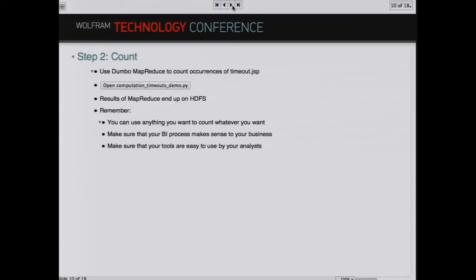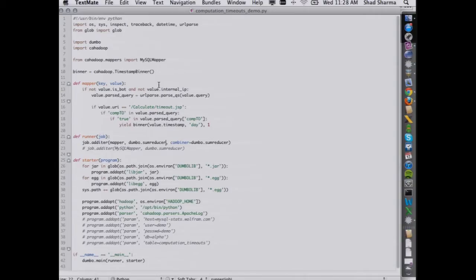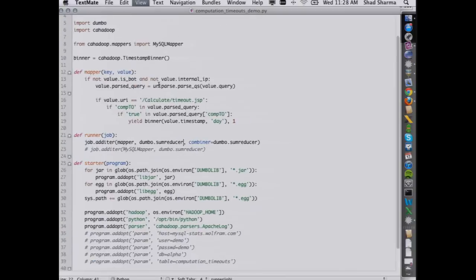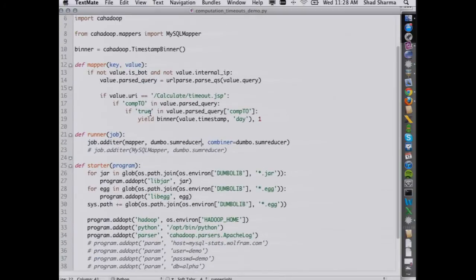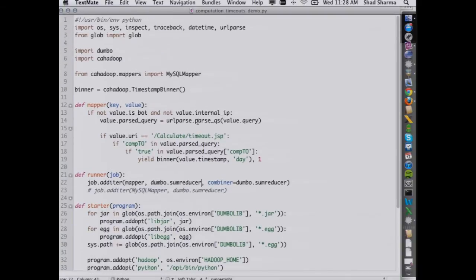I actually wanted to show the code that we use for the computation timeouts because it tells a specific type of story, which is that as analysts, our programming tasks can't be that hard, because if they are, it makes it difficult for us to answer the questions. So I'd like to show you the tools that we're using, because ultimately our tools need to be easy to use. This script here is the computation timeouts MapReduce script, and the important lines are 12 through 9.